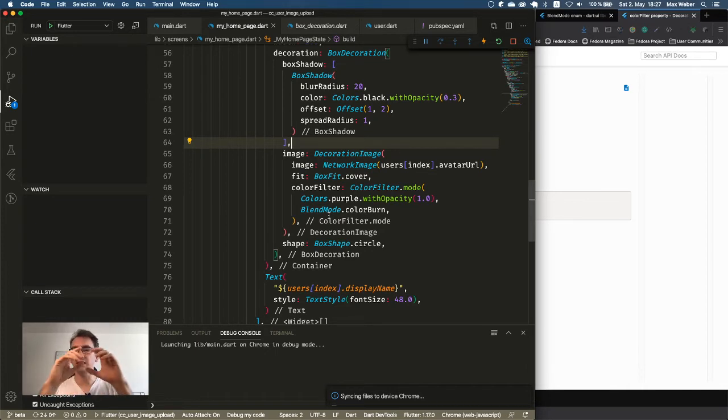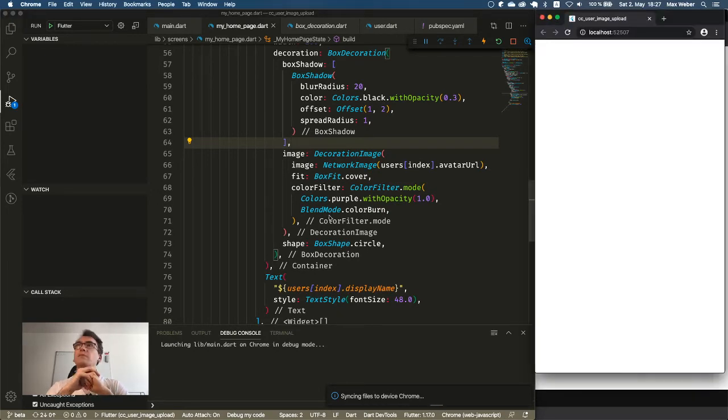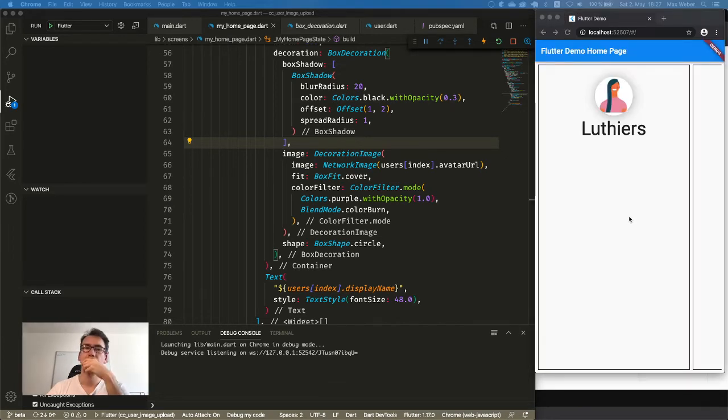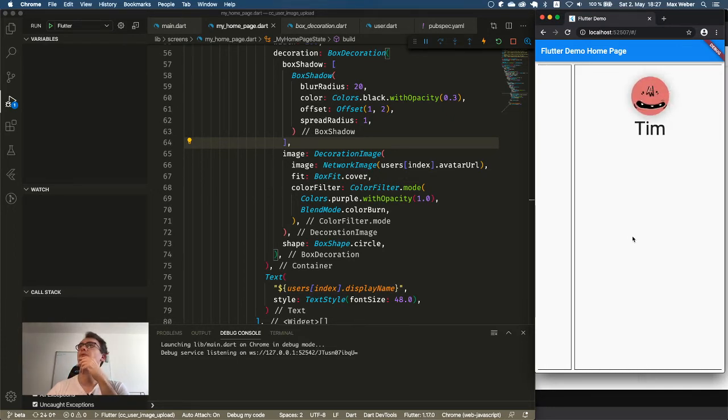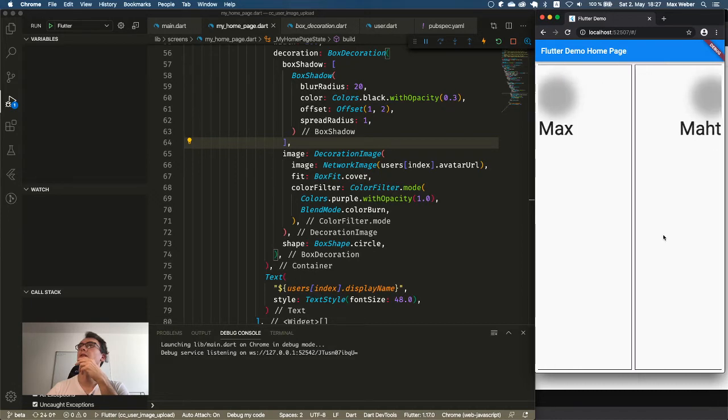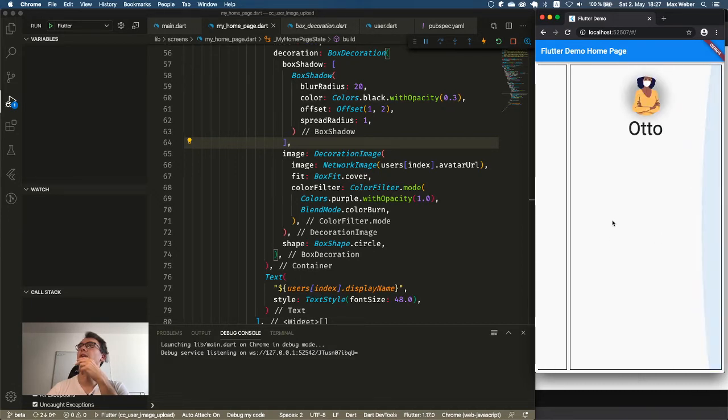So the problem was that the image was too big and we did not really see the outlines of that. Aha, looks much better. So the image is now in between. We've box fitted the whole thing and we have now our image.